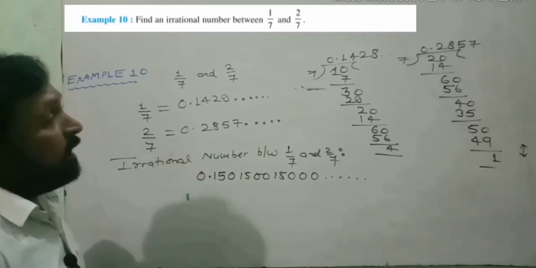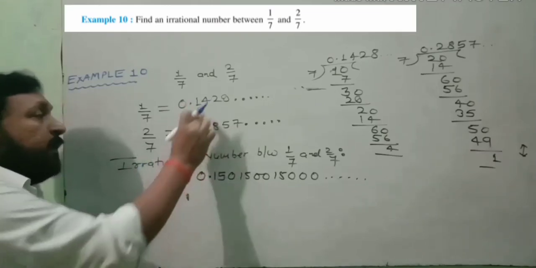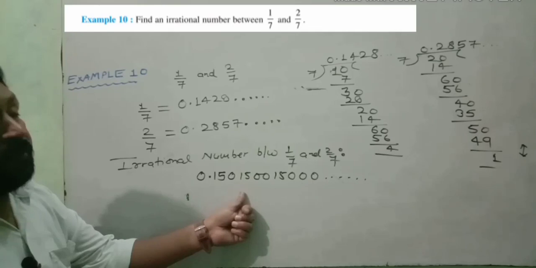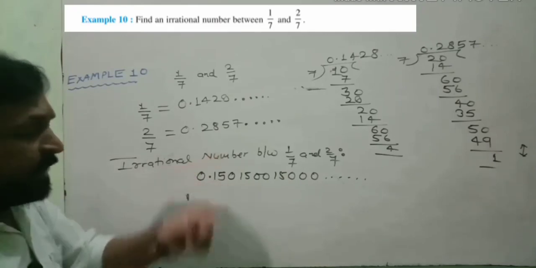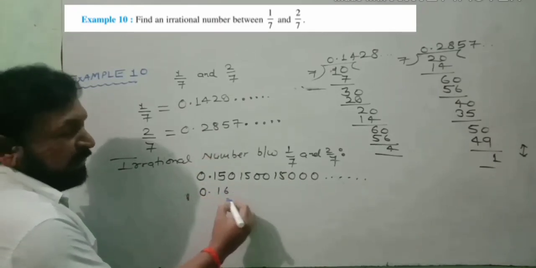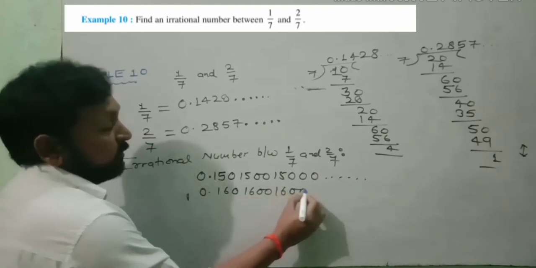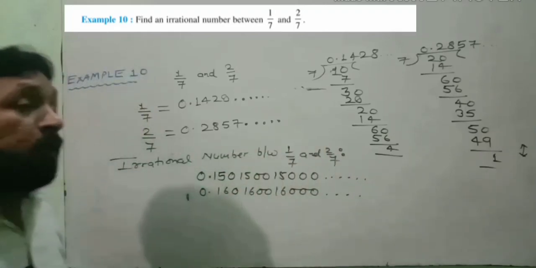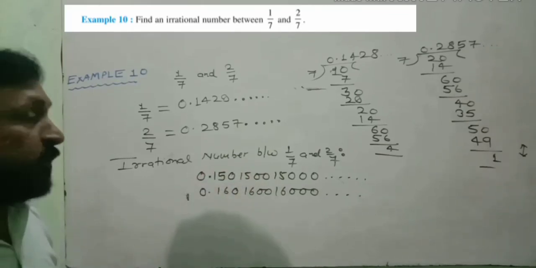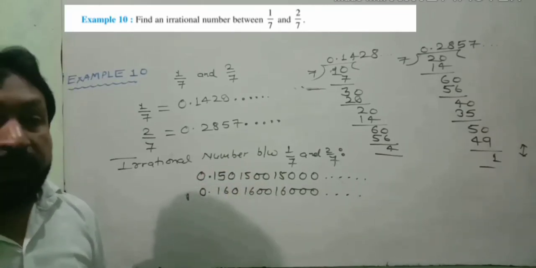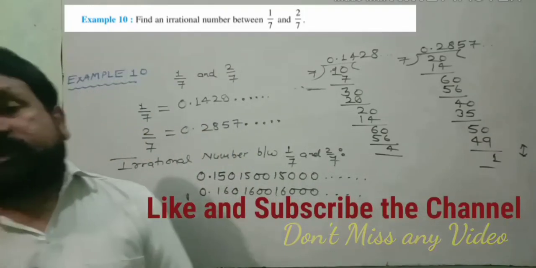The method of writing the irrational number is this: you have to write down some number between them which is in the format of an irrational number. Can I write one more? Yes. 0.14, 0.15, one more can come, 0.16, and give it the shape of an irrational number. How? 160, 1600, 16000, because we all know that non-terminating, non-repeating decimal expansions are of irrational numbers. Understood?